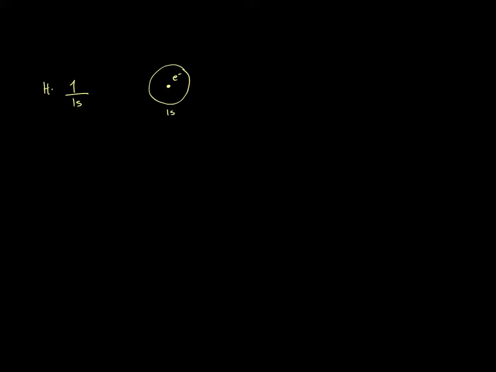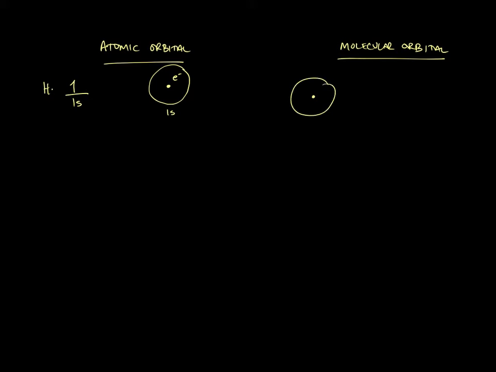All right, so if two hydrogens get together, in general what happens is we move from this atomic orbital, which is the orbital associated with just an atom, to a molecular orbital, which is the new molecule's orbitals. So when we have two hydrogens get together, we basically take two different 1s orbitals, each of which has a nucleus and an electron floating around it. And we make something brand new. And what happens is that these two electrons essentially share space in between